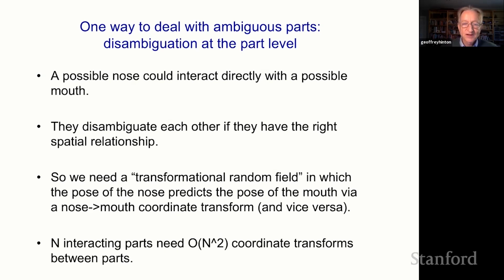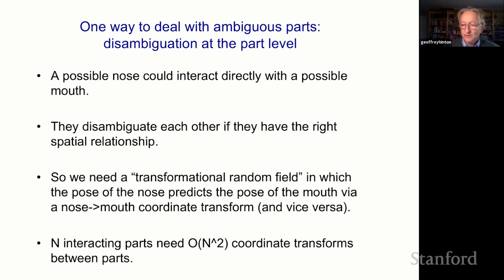There's all sorts of things a circle could be. And we'd like to disambiguate the circle. And there's a long line of work using things like Markov random fields. Here we need a variation on a Markov random field, which I'll call a transformational random field, because the interaction between, for example, something that might be an eye and something that might be a mouth needs to be gated